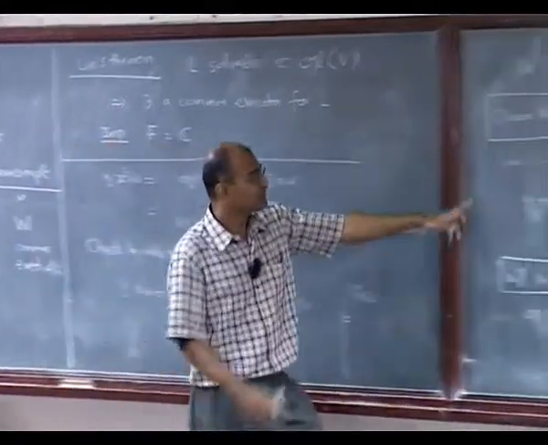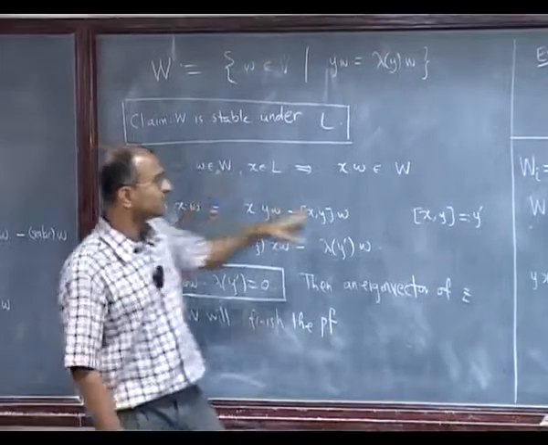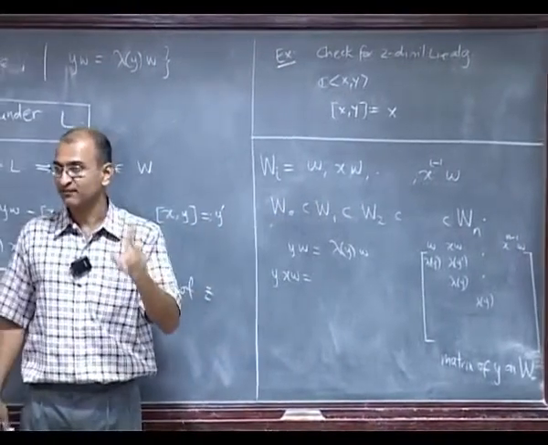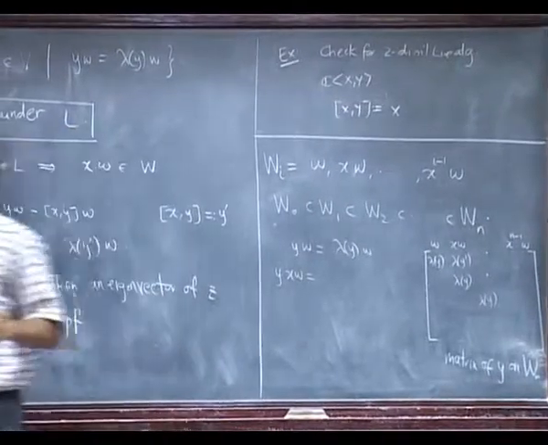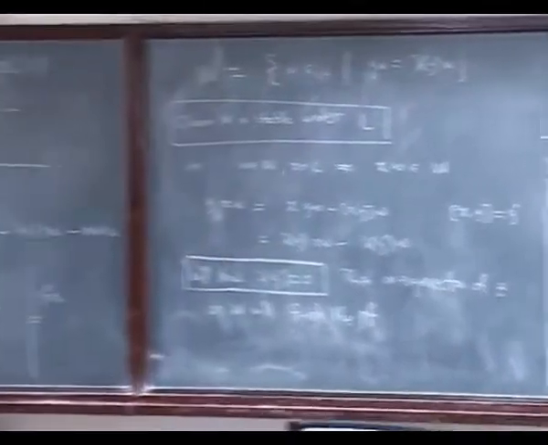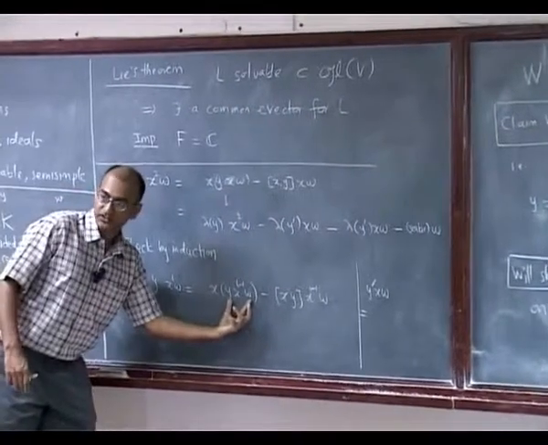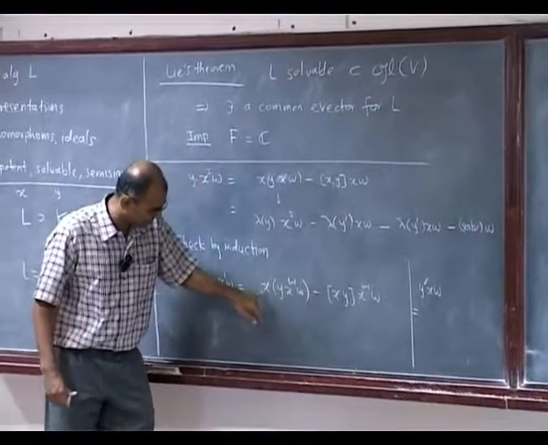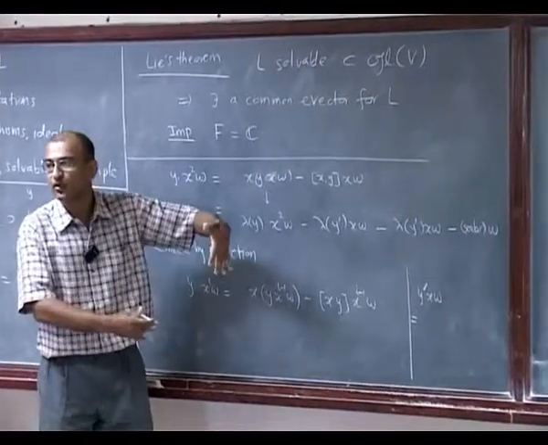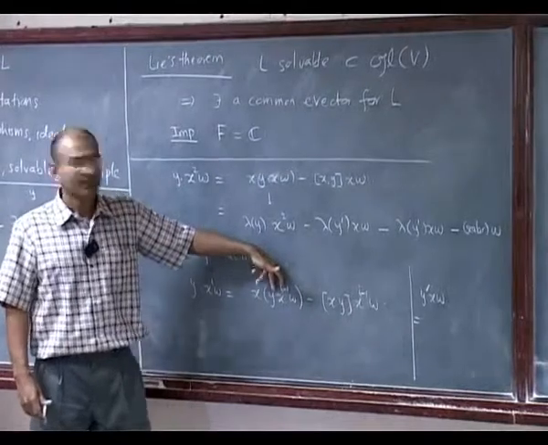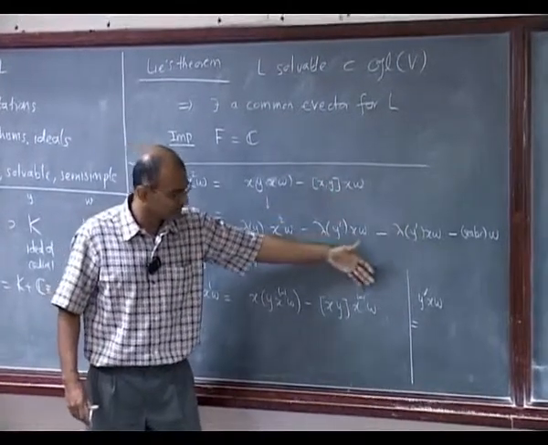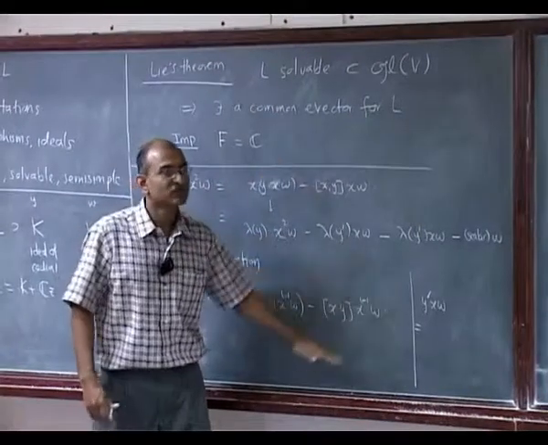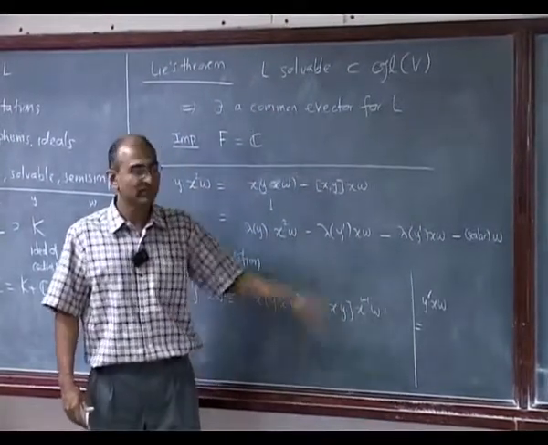Notice that the space that I have defined here, this W, it does not depend on y. It depends only on the operator x that I have fixed and the eigenvector W. So this guy is okay, because I know that by induction this one is a linear combination of x to the I minus 1 W and lower thing. So I am just attaching another x, so everything will go up by 1, but I know what the diagonal term is. And here I don't even have to worry about it, because this is x to the I minus 1 W. So all the terms that will come from here will be x to the I minus 1 W and lower. So they will not contribute.